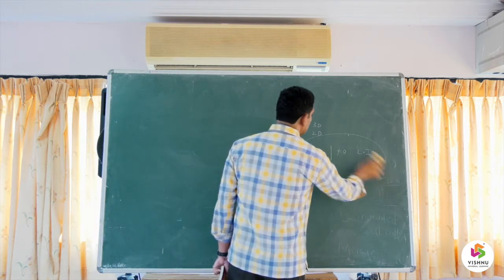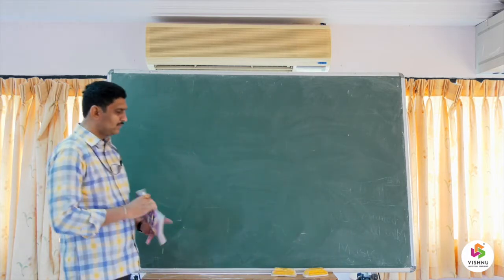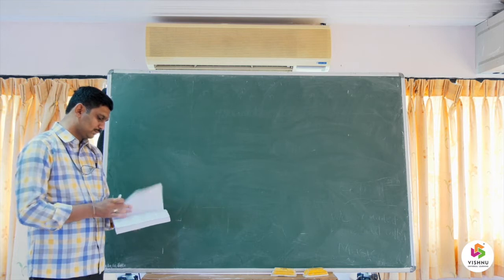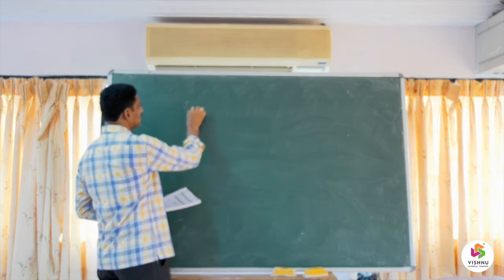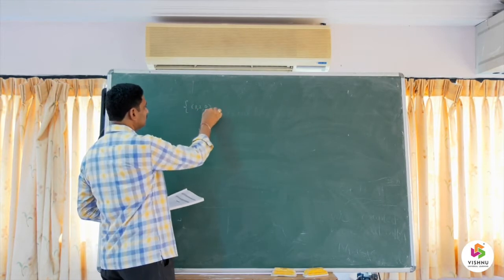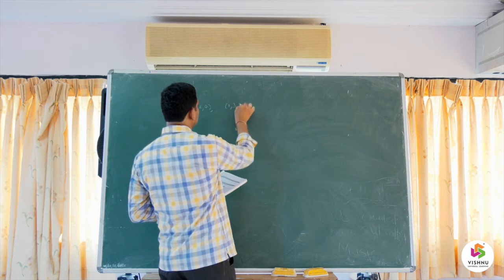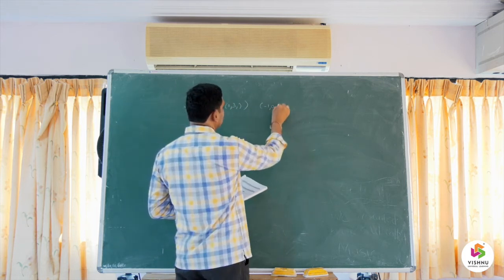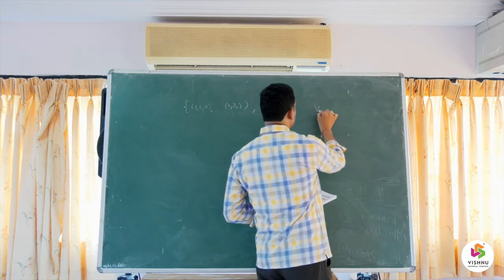Now, let us come back to the current session and discuss how to solve a particular problem based on linear independence. So, this is my first problem. Let me take it. Suppose I have taken the set of vectors as (1, 2, 0), (0, 3, 1) and (-1, 0, 1) in the vector space V3 of Q.